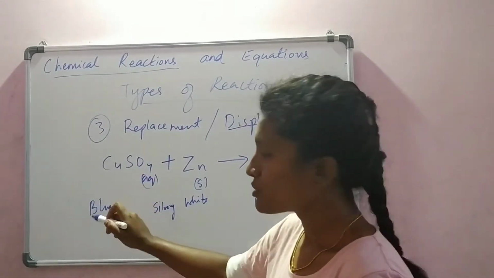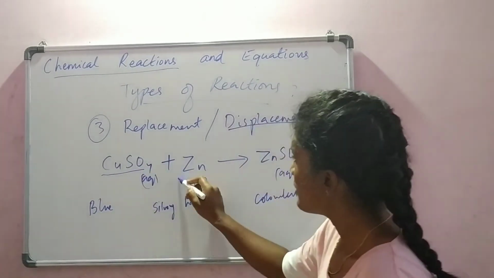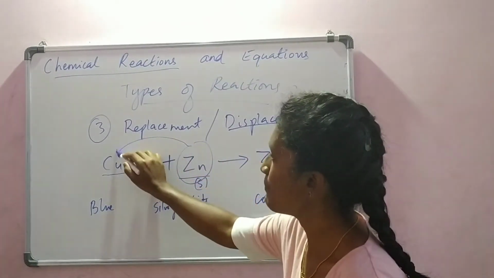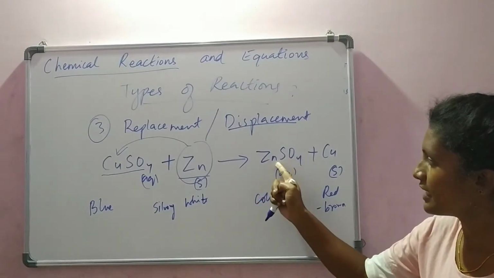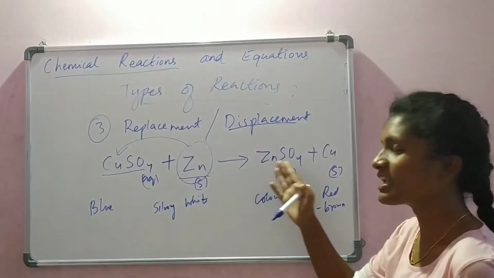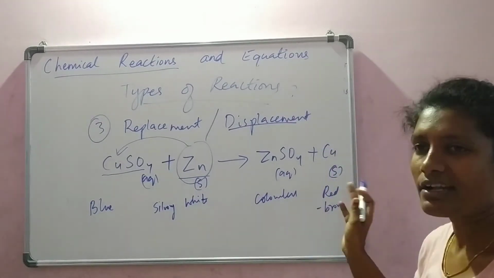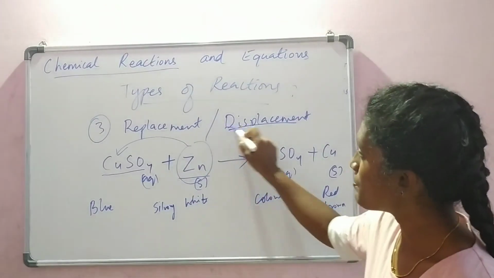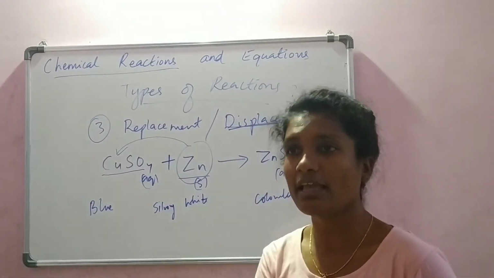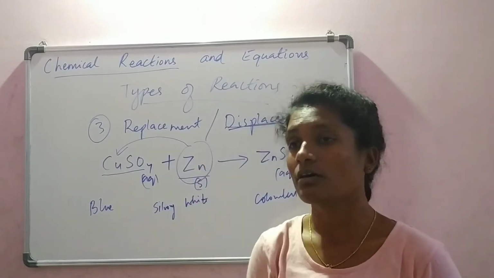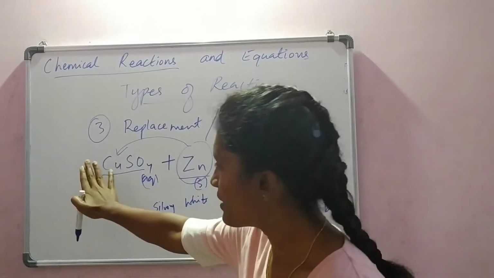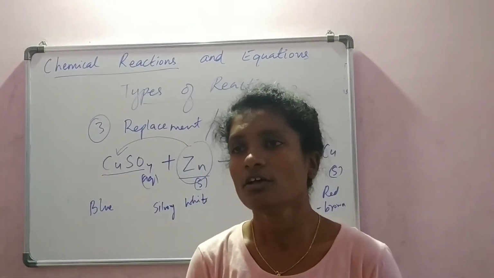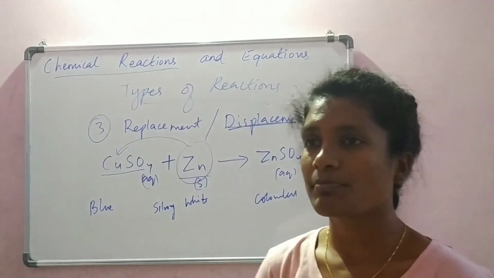So observe here, students, we have copper sulfate, here there is zinc. Who is replacing whom? Zinc is taking the place of copper. So zinc took the place of copper and formed zinc sulfate, and copper got isolated. It became a separate element. So this is called displacement. One element takes the position of another element in the reactant. It can be from the first reactant to the second reactant, or from the second reactant to the first reactant.